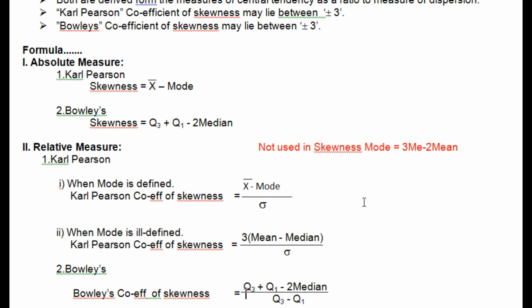I hope that this entire thing is clear to each one of you. Now immediately I will take the solution. First I will take you through this part, Karl Pearson's skewness, when the mode is possible and when the mode is not possible. Both formulas I will cover, only ungrouped data, discrete series. After that I will take you to this one. Right? Okay.